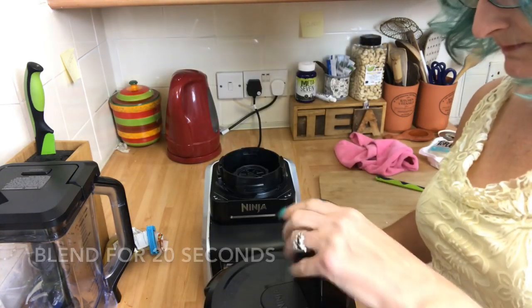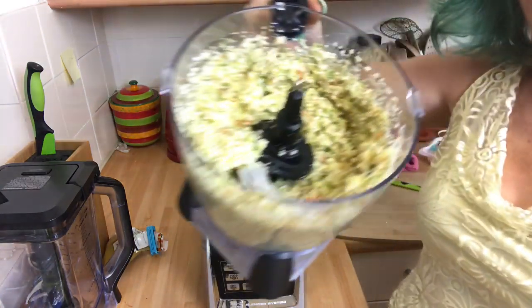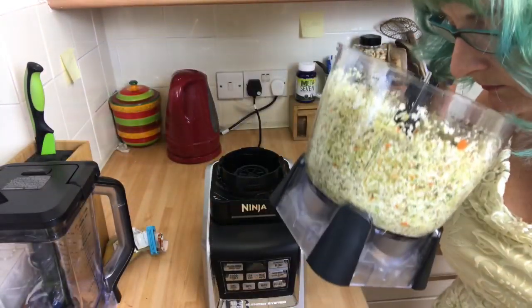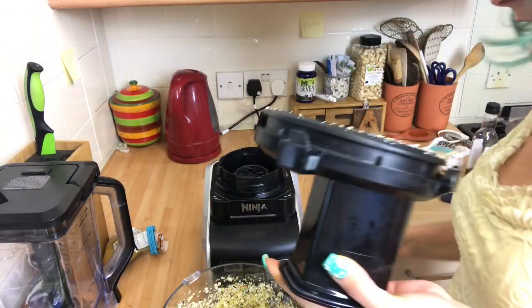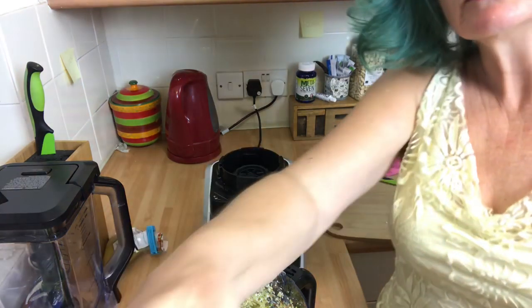Let's have a look now. Oh, look at that. See, it's like rice. Perfect. The smells are absolutely heavenly. So that is going to be ready for me to fry off, but now I'm going to make the tofu